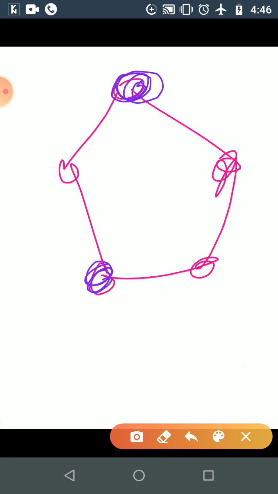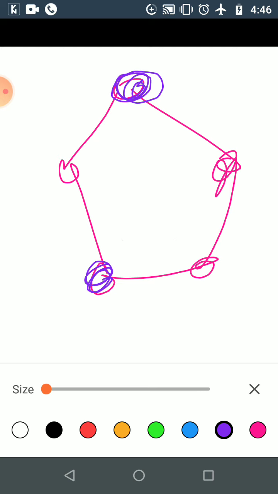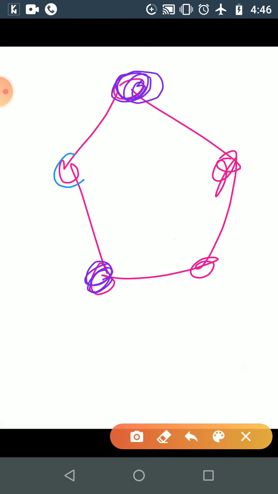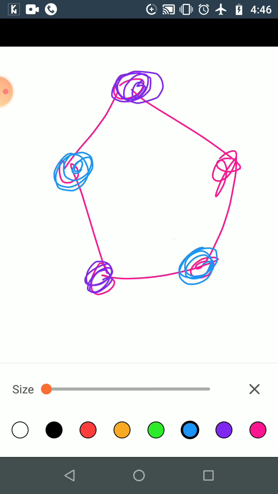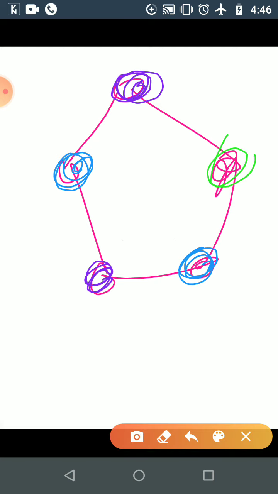The same cannot be used here because this is adjacent with this one, and this cannot be used here because this is adjacent with this one. Correct? So you can use a different color. So we can use this one and this one because these are not adjacent. This one we can't use this color and we can't use this color. Correct? So we need to use some other color. So some other we are using this color.